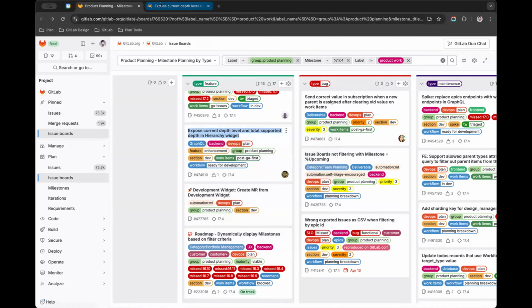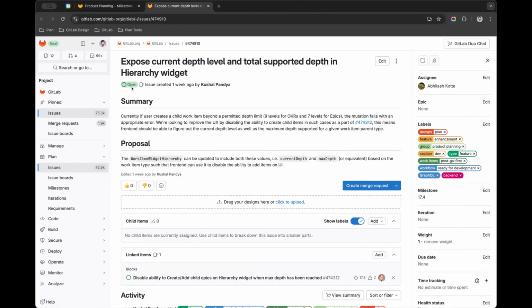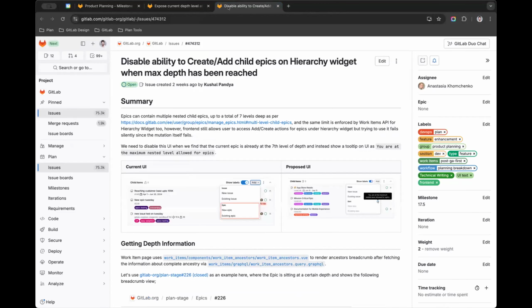I think this one is a backend issue. Yeah, it's backend. This is to expose the current depth level and total supported depth in the hierarchy widget. I think this one is just to help support issues such as this, where we want to look at disabling options based off of the level you're at. So in this example, you are at the maximum depth already of levels of epics that you can have, but yet we show the ability to create a new or existing epic, and this would essentially just error